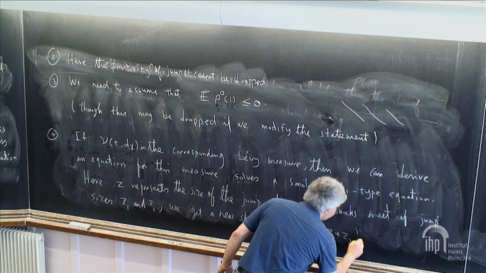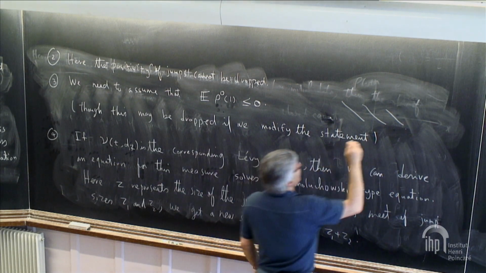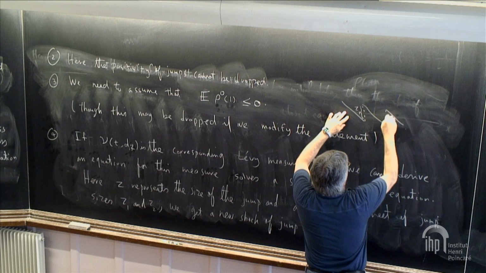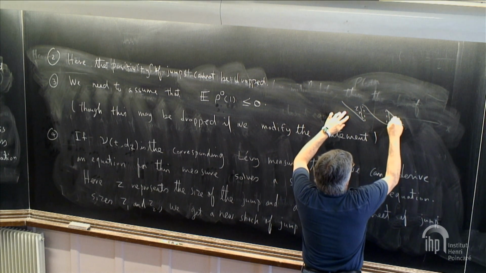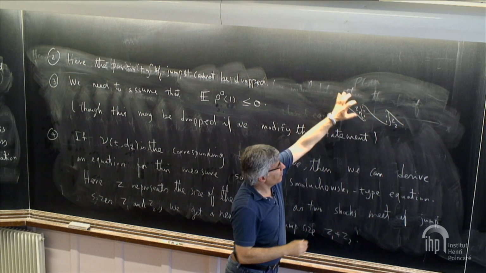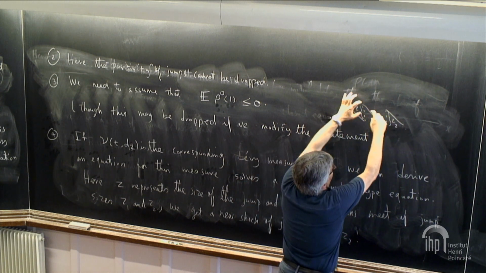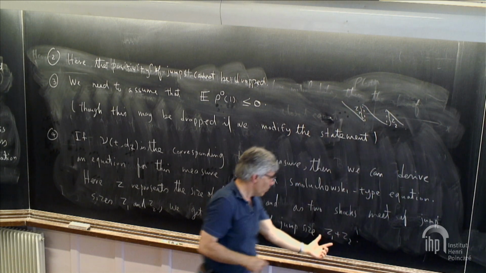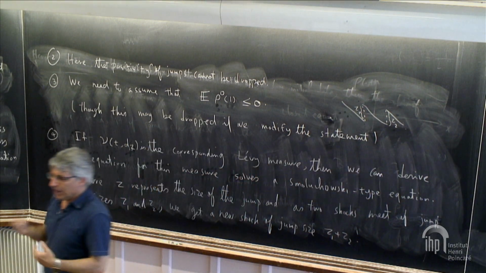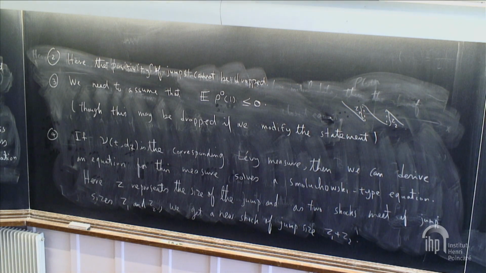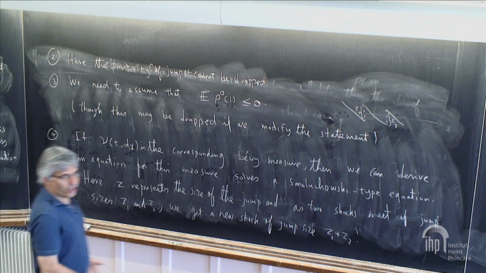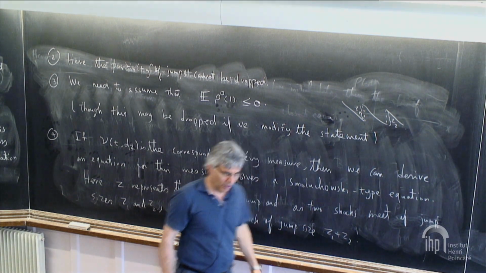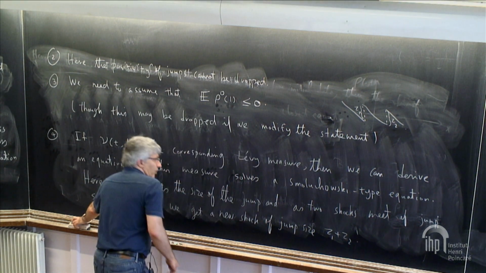z1 plus z2. So all I'm saying is that if you have, let's say, a jump size z1 here, a jump size z2 here, of course, they may run into each other, but when they combine, then you have a new shock of size z1 plus z2. So you have some kind of coagulation type behavior when clusters of different sizes combine to form a larger size. Okay, so now